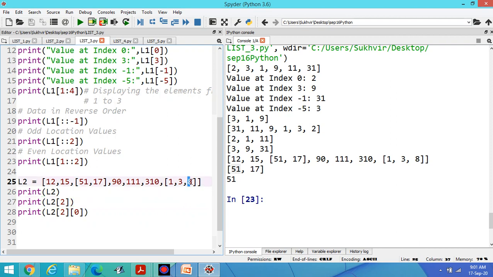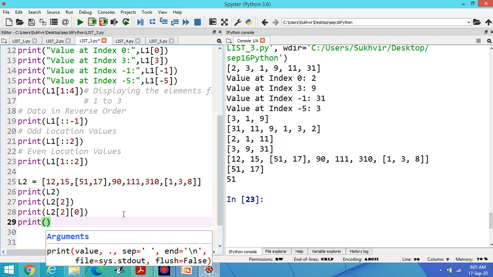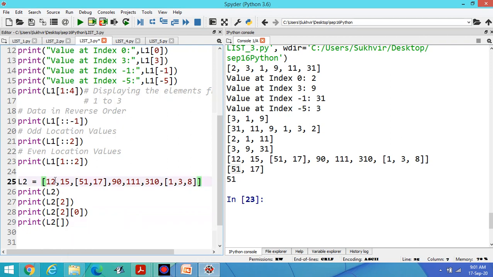What about 8? Suppose I have to display 8. Now print, first step, L2, then this one is 0, 1, 2, 3, 4, 5 and 6, or you can write minus 1, L2 minus 1, and for 8 the position is 2, 0, 1, 2, like this.